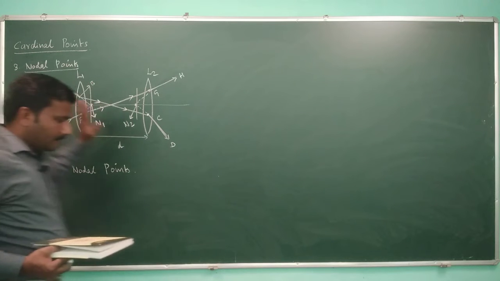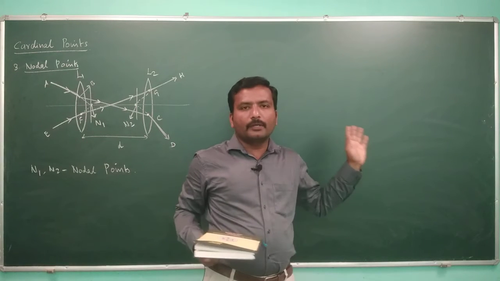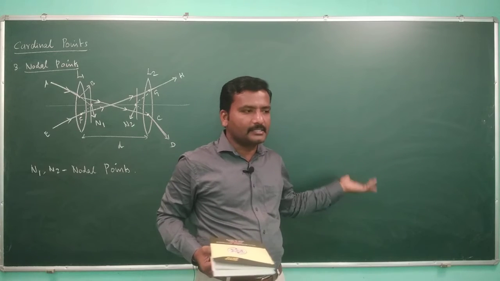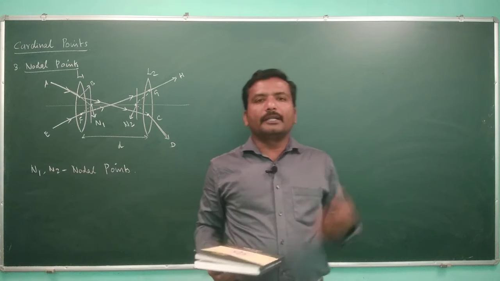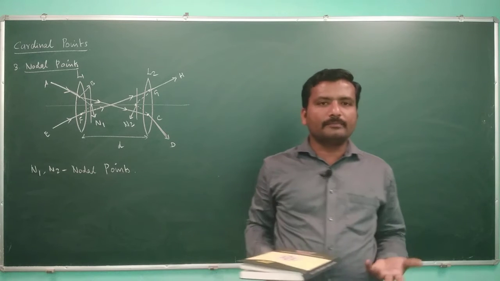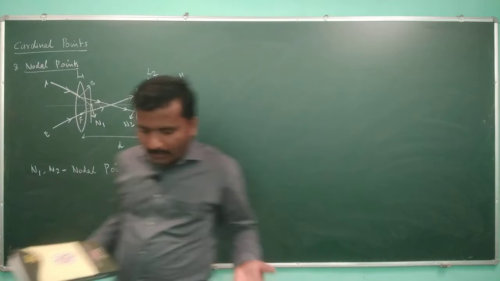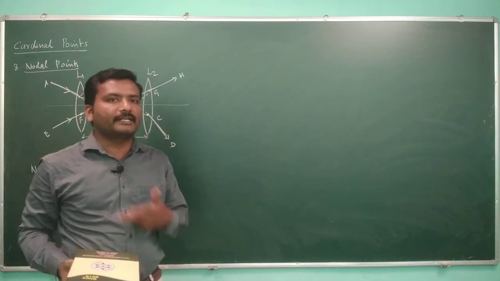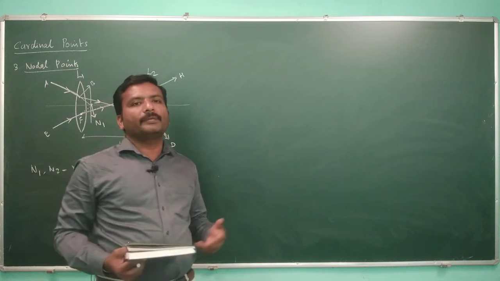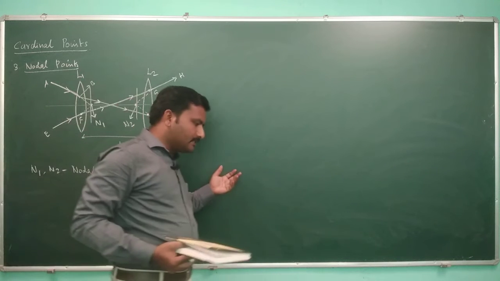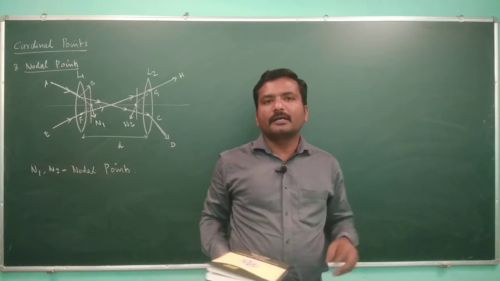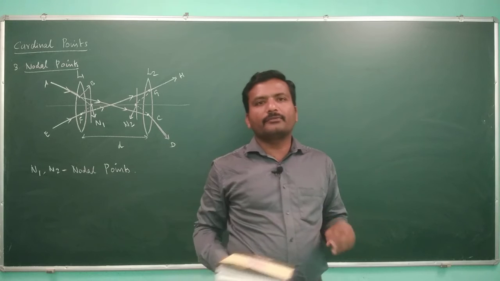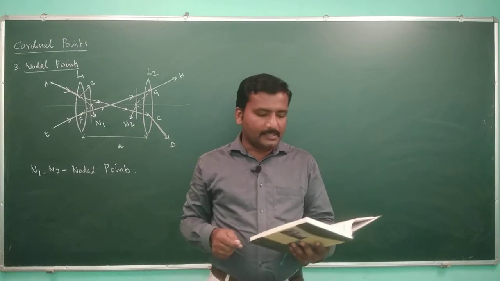So these three sets of points, two focal points, two principal points and two nodal points, and the corresponding three sets of planes, are called the cardinal points and cardinal planes of an optical system. These are the points from which we can calculate certain distances that will determine the image forming properties. As we said earlier, these are intrinsic properties of an optical system, and they play a vital role in the formation of the image for that particular optical system.